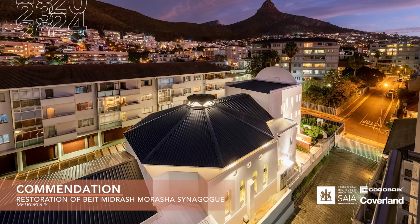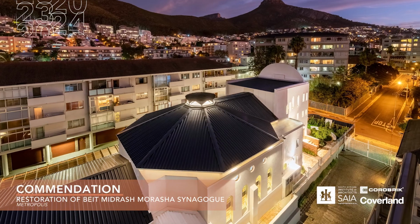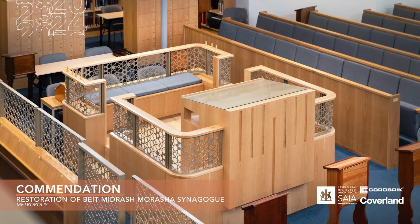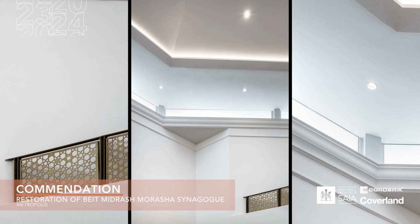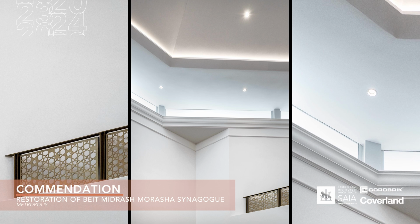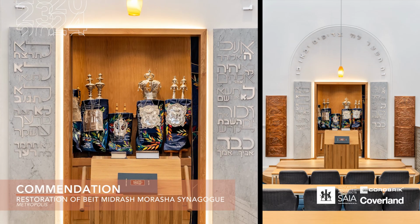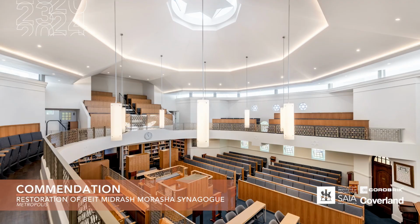The strategy of preserving and maintaining the original exterior and interior envelopes and period details, whilst adding new isolated contemporary design elements, engages in a spatial discourse with the remaining original fabric and has resulted in an excellent example of conservation and recycling. The architects have negotiated and embraced the combined challenges of fulfilling the Jewish regulatory requirements, a community's